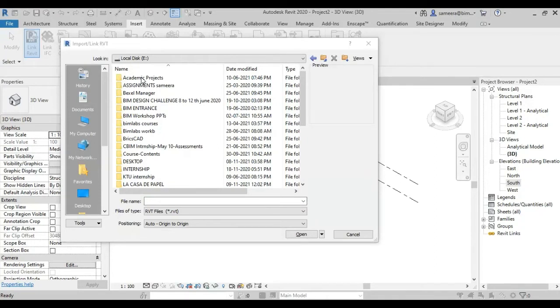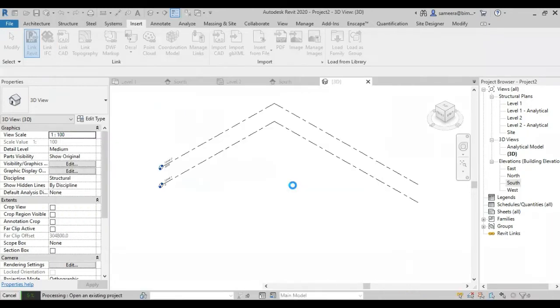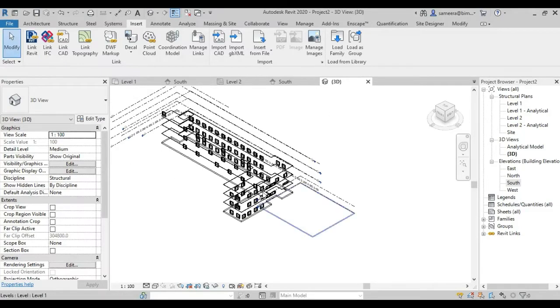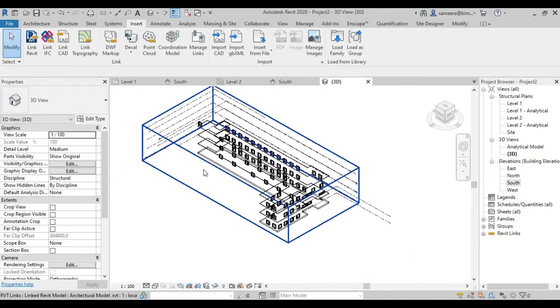I'm choosing one file, an architectural model, for linking. Okay.